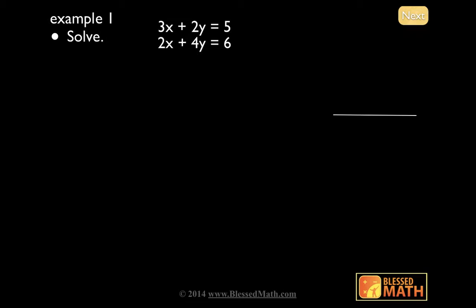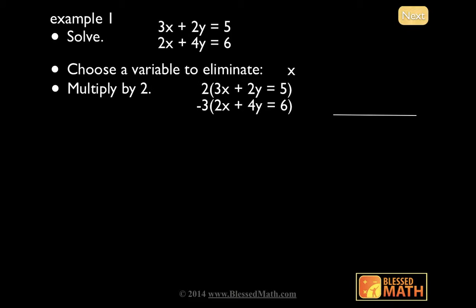We're going to use more than one equation, which means we might have to multiply both equations to find something that's common. So let's start off by choosing a variable to eliminate. We'll choose x. So we have 3x and 2x. Well, what number can 3 multiply into and 2 multiply into? How about 6? So we're going to multiply the top equation by a 2,